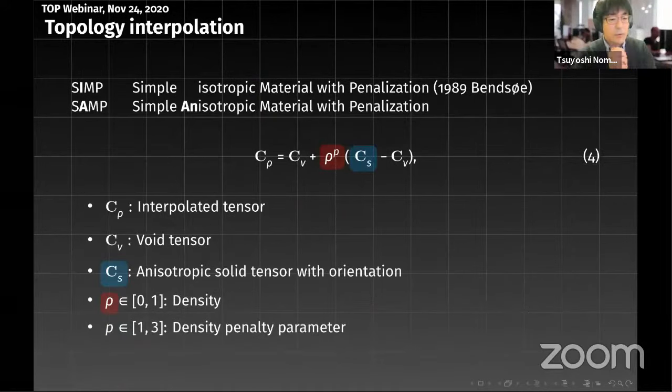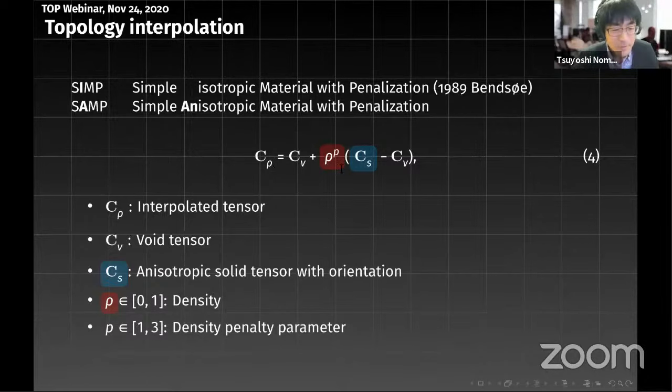And in order to handle the anisotropic property, I slightly modify the SIMP, so that this method can be called SAMP.